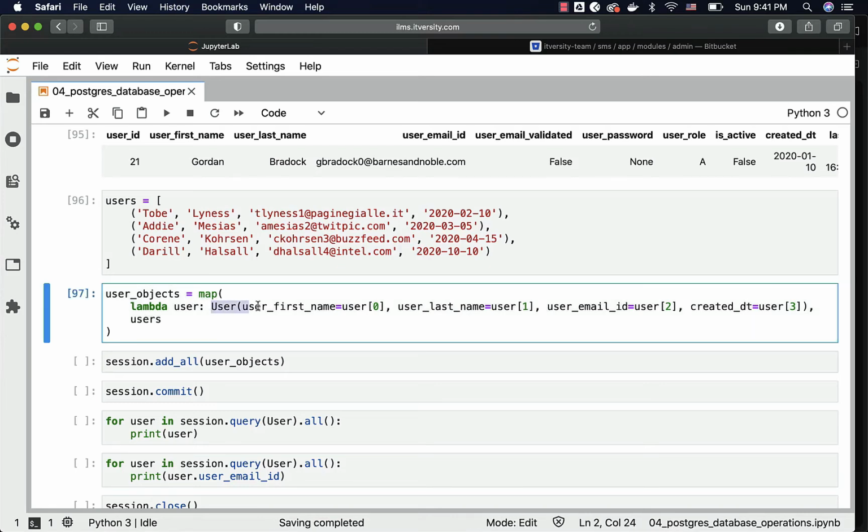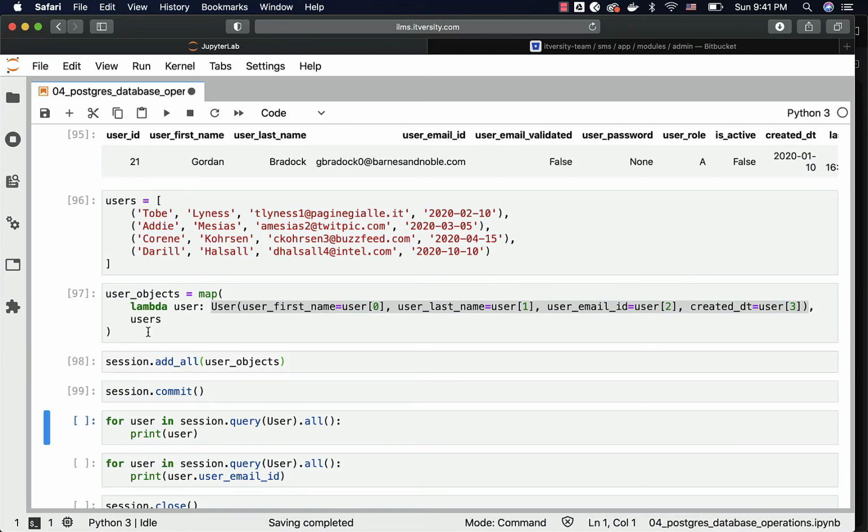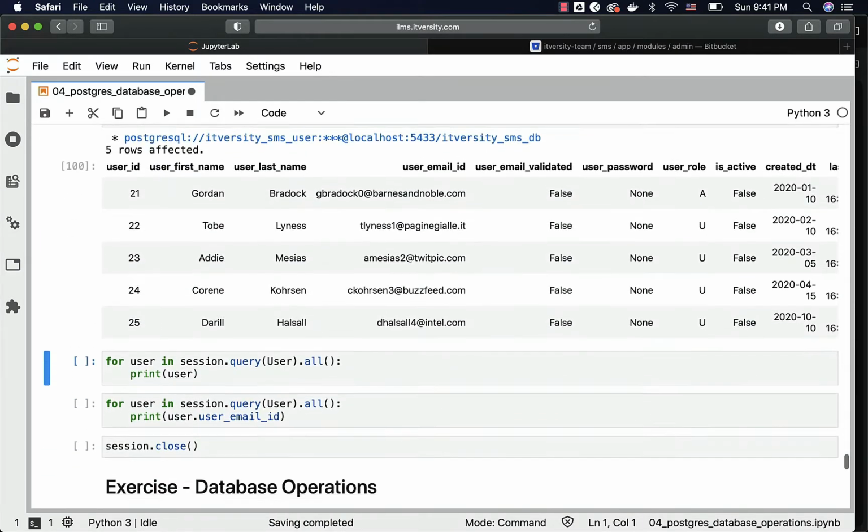You can see here I'm using the User constructor and passing all the values related to this by mapping to the column names, and for each and every tuple a new object will be created which is of type User. Now I can say add_all like this and pass the list of objects and then commit, and then I should be able to run this query to see the results. You can see 5 records here.